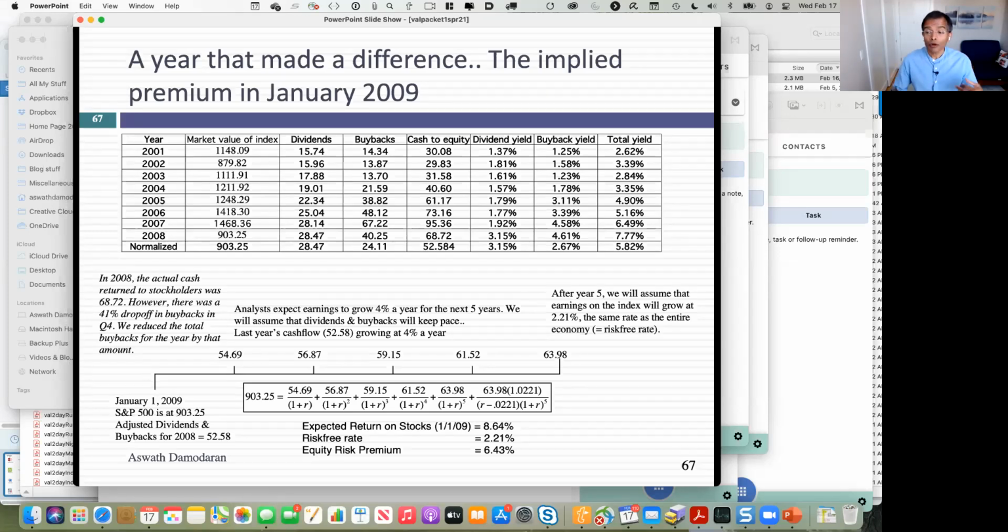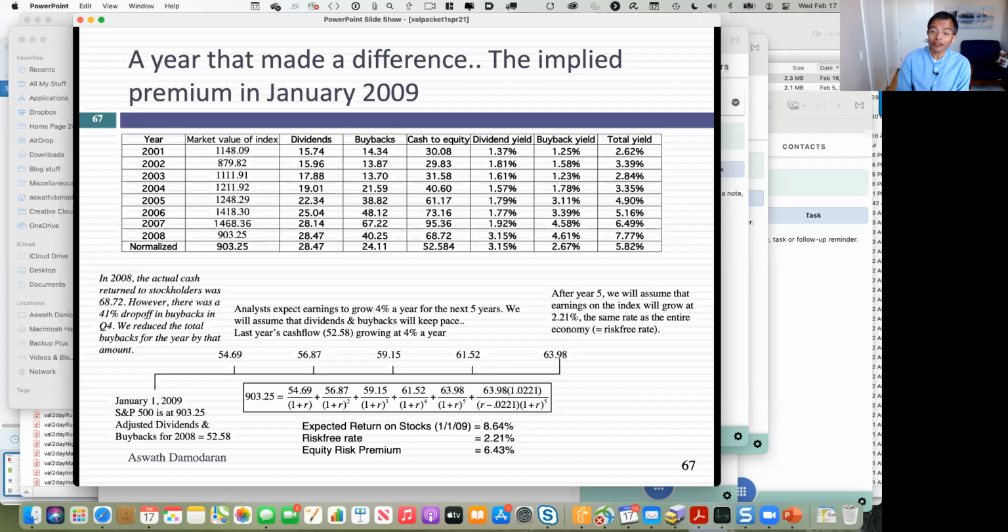Earnings and cash flows have also been affected. The economy is in a recession. We don't know whether it'll come back. So you'll see my earnings and cash flows numbers are low. But if I adjust both numbers, lower level for stock prices, lower cash flows, and I do the same thing I did at the start of 2008, my expected return actually doesn't change that much. It's gone from 8.39 to 8.64%. But look at what's happened with the T-bond rate. Down to 2.21%. My equity risk premium at the start of 2009 was almost 6.4%.